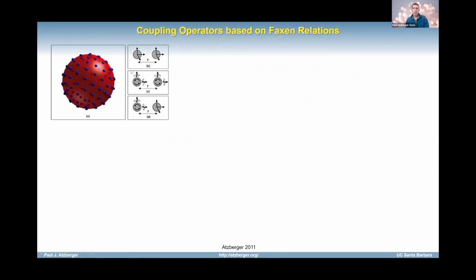All right, here's another idea using the coupling operator approaches. There's something called the Faxén relations, which are an approximation of how a colloid would respond to a flow in both its translational and rotational degrees of freedom. What we did here is we used a quadrature scheme on the surface of a sphere to compute the translational and angular velocity of the particle, based on the local flow velocity field. And so we get these different modalities of coupling between two of these particles: translation-rotation, rotation-translation.